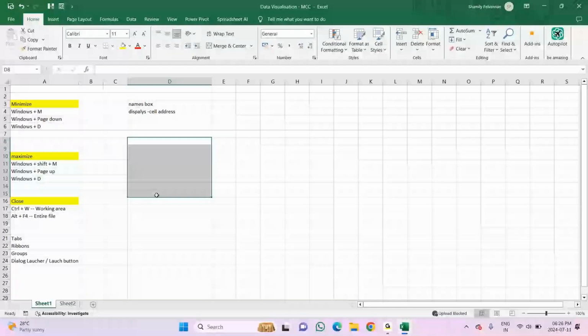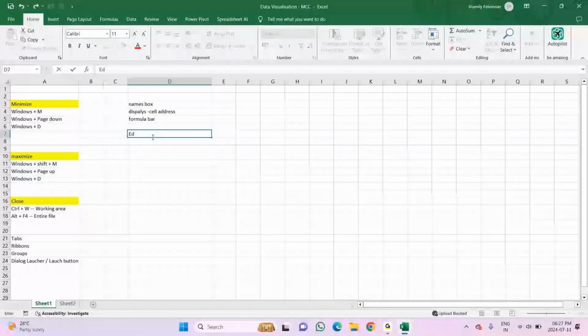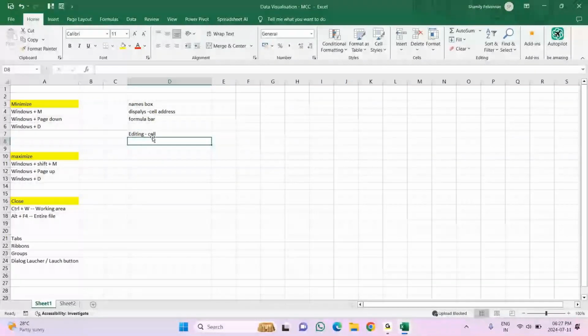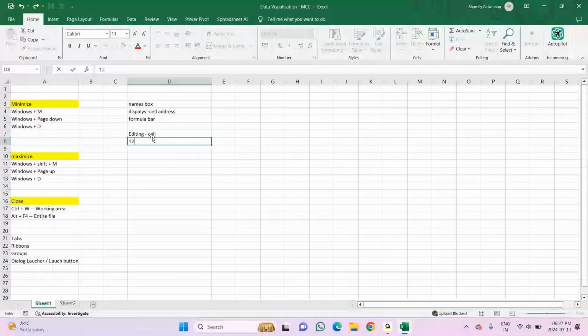And there is something called editing. Editing means, if I need to edit a cell, how will I edit it? For example, I'm typing 123 here, 451 here, and something else here. Now I want to make some changes in this cell. So I will double click here in order to make the changes, and then you can continue. So to edit the cell, the first step is to double click into the cell.